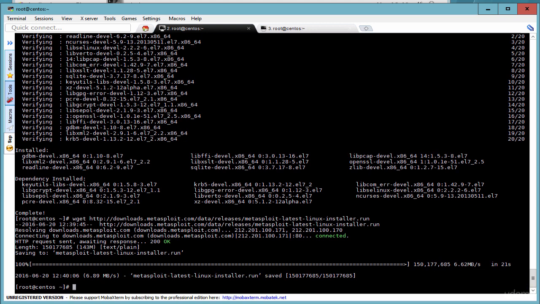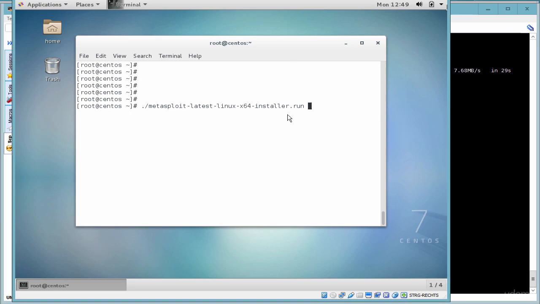I'll just change the permissions using the chmod command. So chmod +x is the command, and I will type in the file name for this. And now we go ahead and run the program, latest Linux 64-installer.run. If that all has worked fine, we will get a box pop up on our screen similar to this,